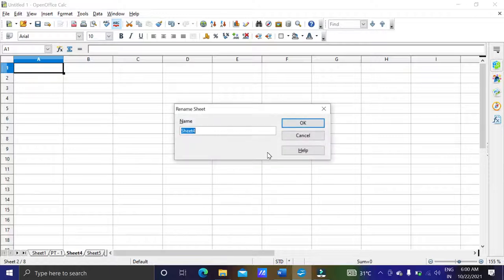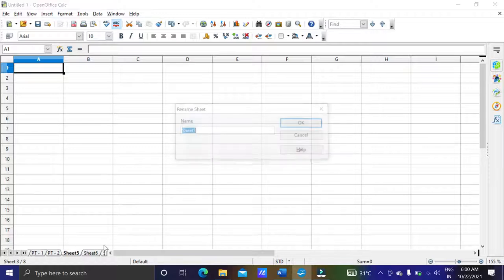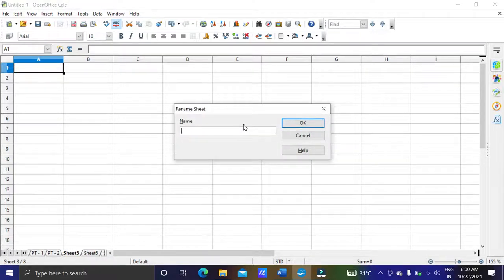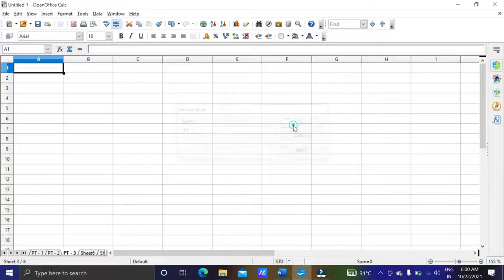and in a school we have so many examinations. Now according to CBSE we have to go for 3 periodic tests. So this is periodic test number 2, and this is periodic test number 3. So we have renamed the worksheets with these names, PT1, PT2, PT3, and now we will start feeding the marks. These 3 worksheets, PT1, PT2, PT3, will be those worksheets which will be used to combine.